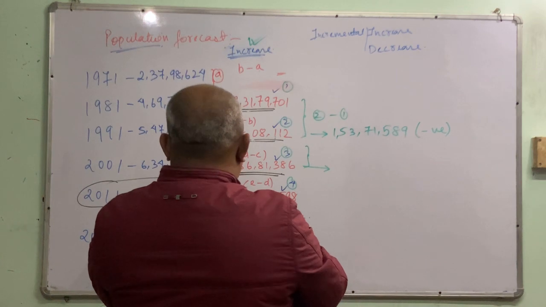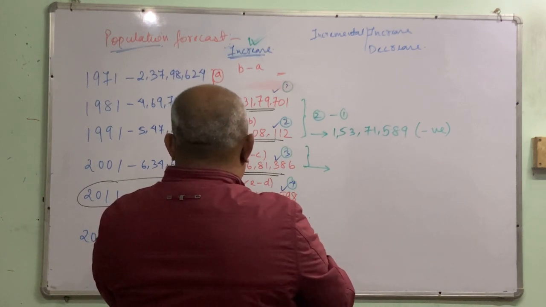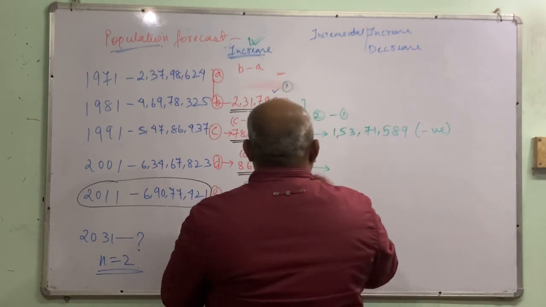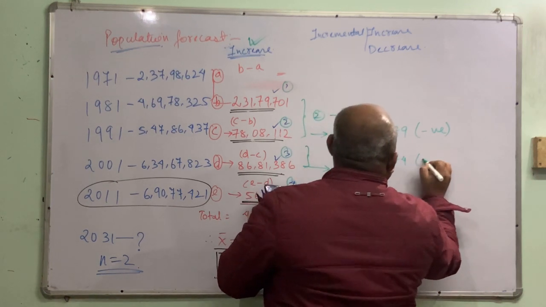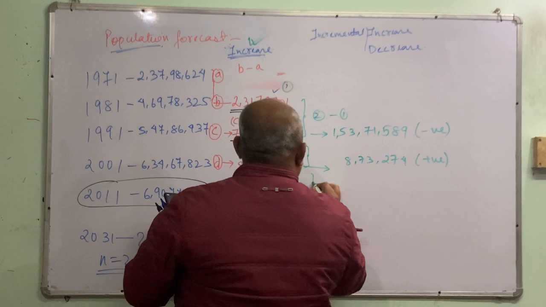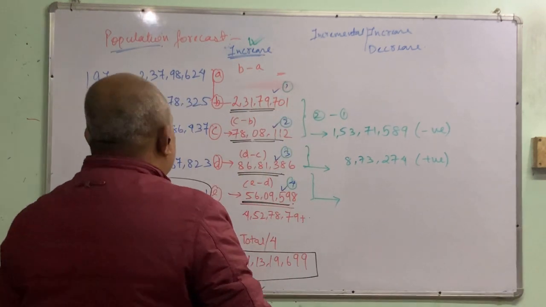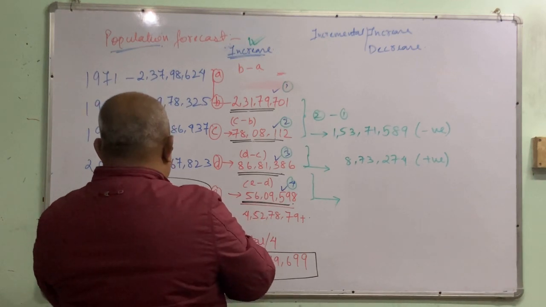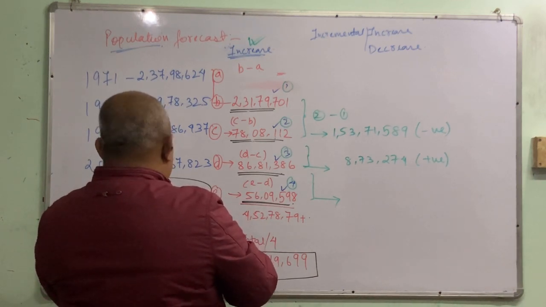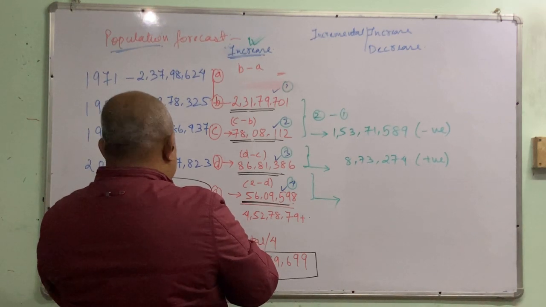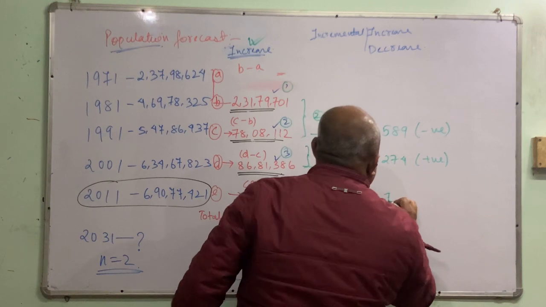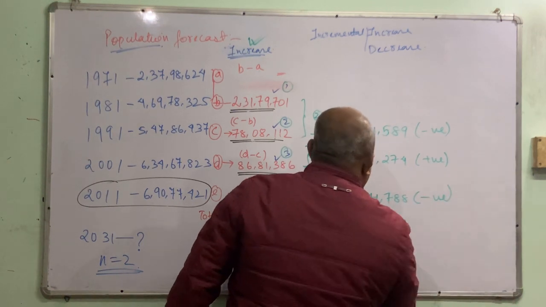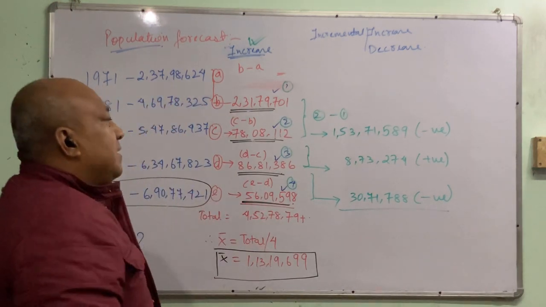86,81,386 minus 78,08,112. This is 8,73,274. This is positive. And for this part, this one is smaller, so this will also be negative. That is 86,81,386 minus 56,09,598. 30,71,788. This is negative. And if you combine these things, then you have to divide it by